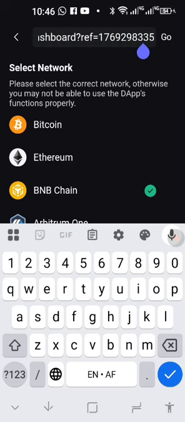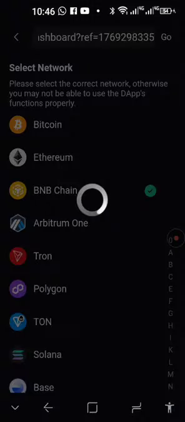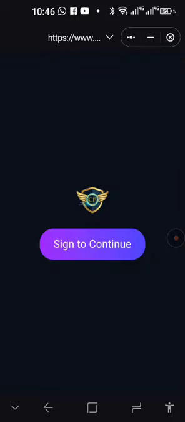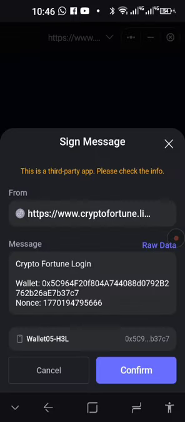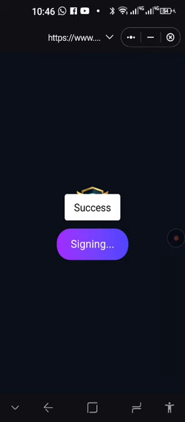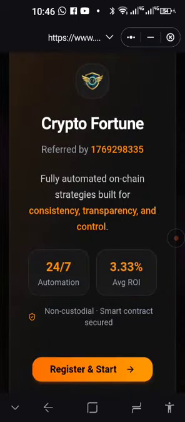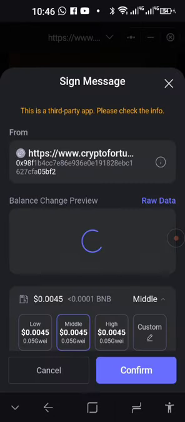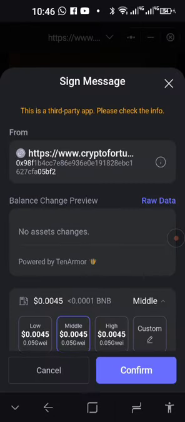Excuse me. Then you press go, top right, and it will ask you to sign, but before that it will give you a warning. Just confirm that as your standard safeguard warning, and now press confirm again. Then you will get to the screen and you need to press on register at the bottom and confirm again.